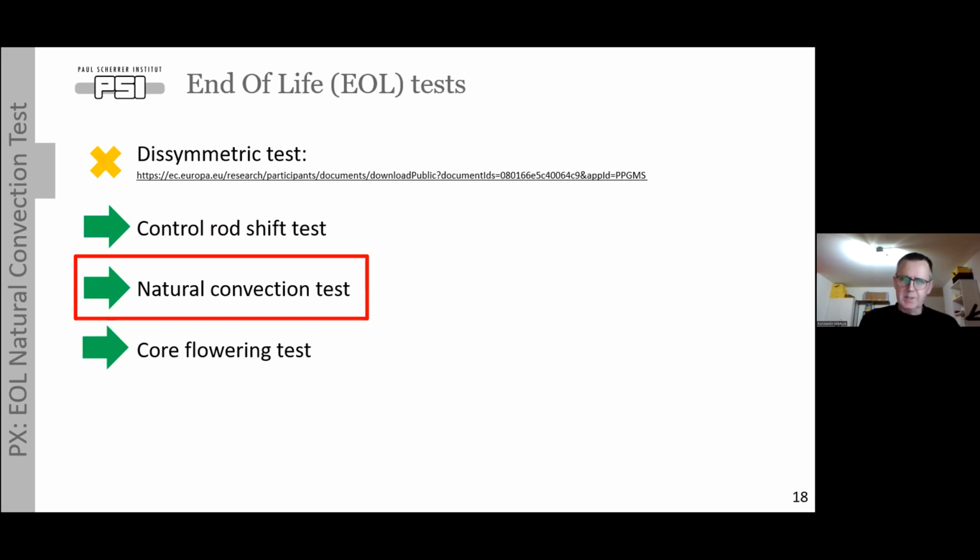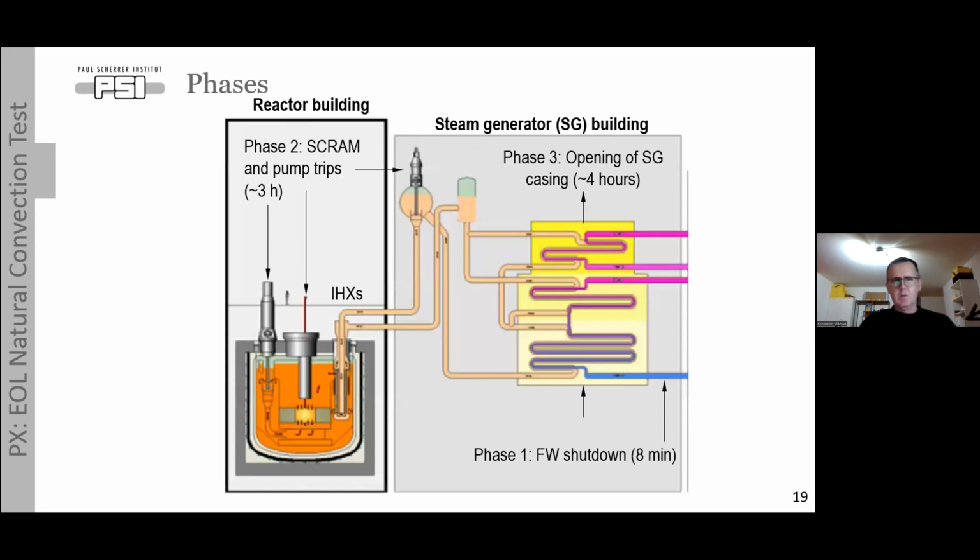The second exercise is the natural convection test. It's also one of the Phenix end-of-life tests. So I already showed this. We see here the primary and secondary system of Phenix. And I use it to explain the steps, the phases of this test. So it started with feed water shutdown. So here, phase 1, they stopped the supply of feed water to the steam generator, and this was in fact an unprotected phase, unprotected